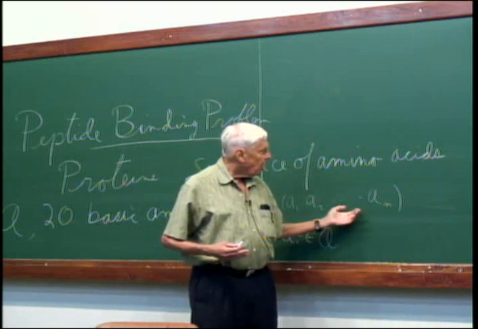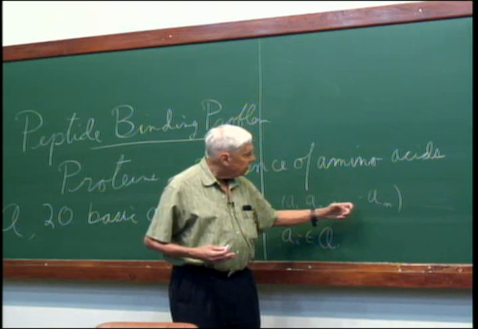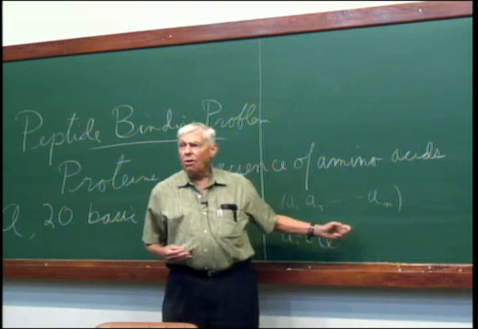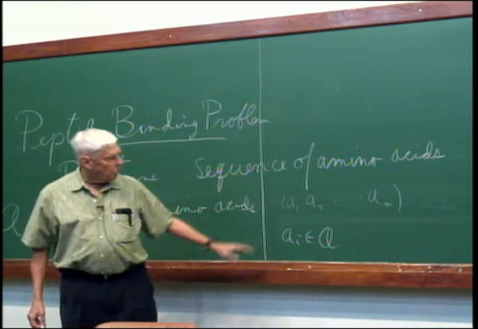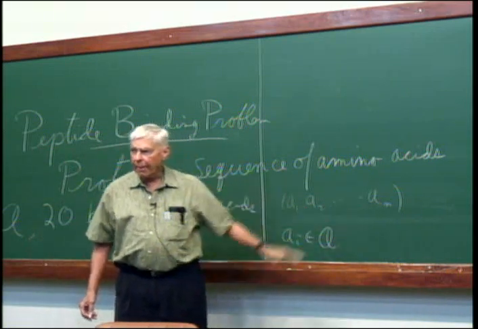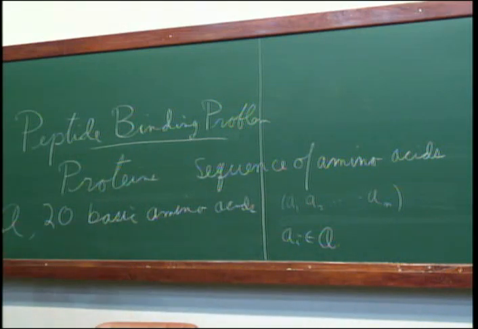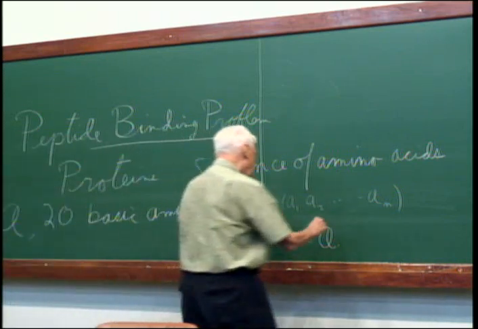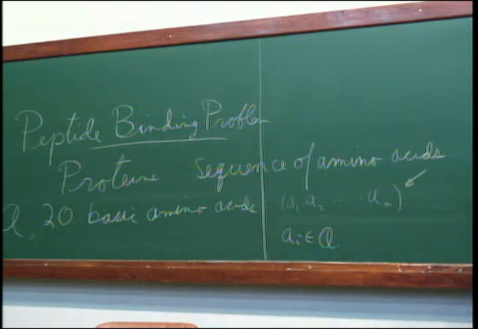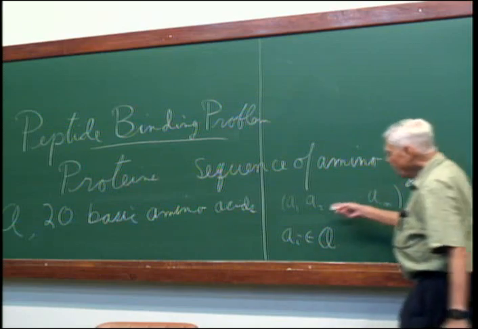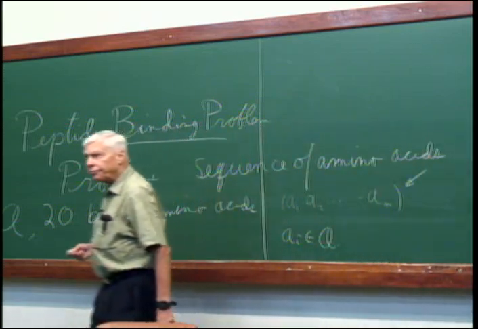dogma, which I'll make a big deal of, is that this sequence determines the whole function and structure of the folded object. The three-dimensional protein is determined by this. That's called Anfinsen's dogma. And it's sort of central to my way of thinking about these things. Now, I'm getting a little ahead of myself, but I want to emphasize that these are such important objects for biology, and they're things that we can use a lot of mathematics on and do.